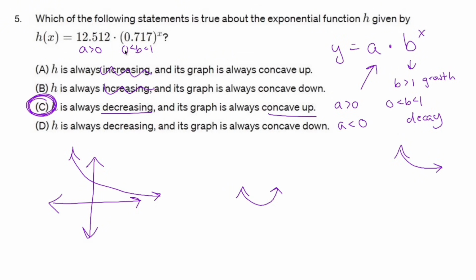All right, the answers change. Again, if A is negative, it flips it upside down, makes it look like that. That's not what I have. If B was greater than 1, you'd have exponential growth, which looks like that. And if you were to flip that upside down, it would look like that. So if you need to rewind that and slow it down,